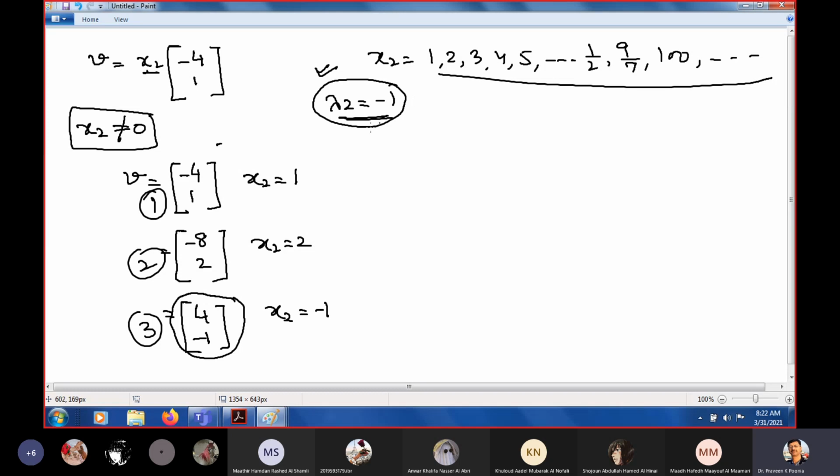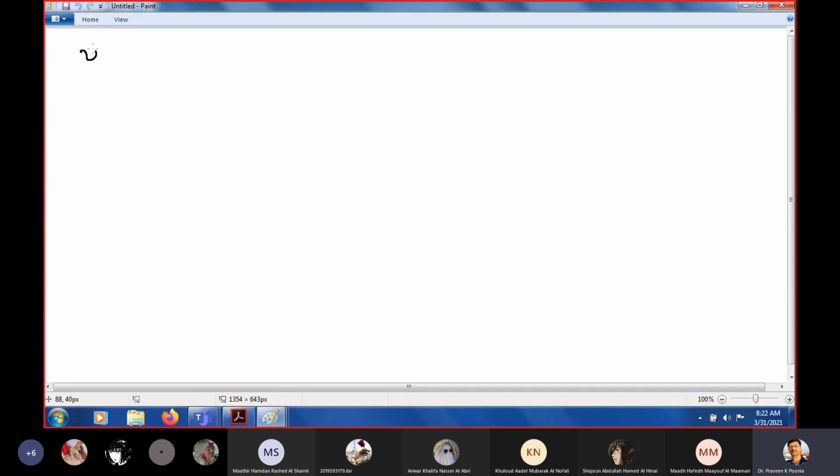Clear? So in the exam, what question may we ask? We may ask: if v is equal to, let us say, 3, 4, is it possible? It is not possible basically. Let us say 1 and 3. This vector is possible. So if this is the vector corresponding to some given eigenvalue lambda, clear? Write another eigenvector.